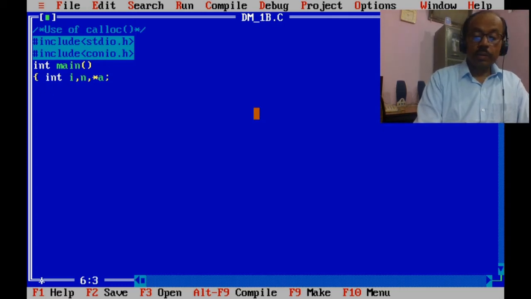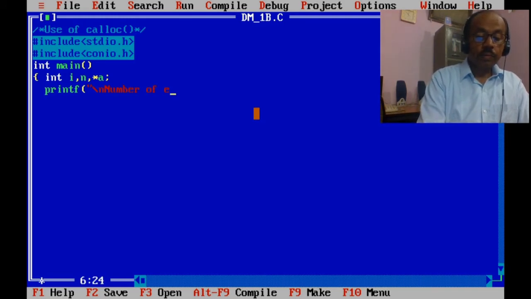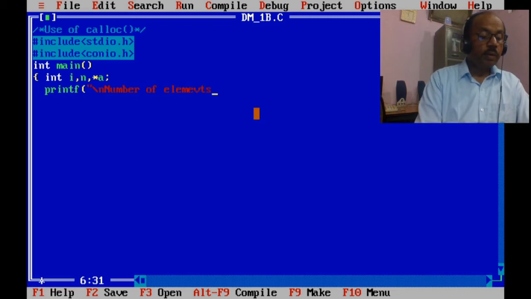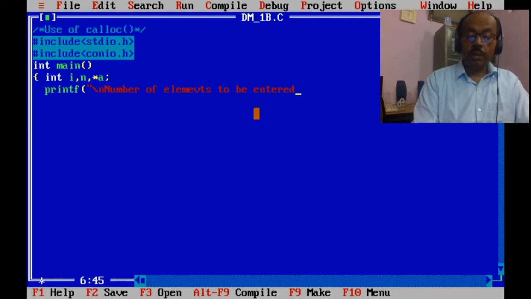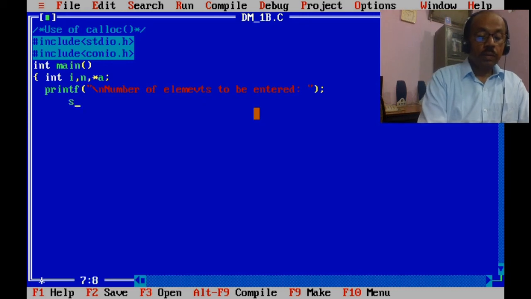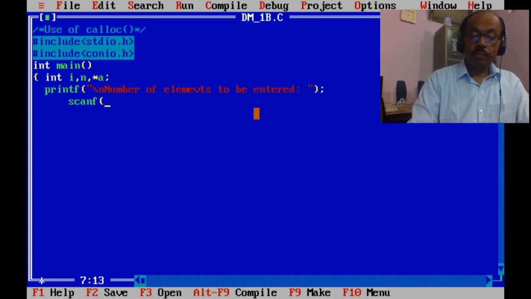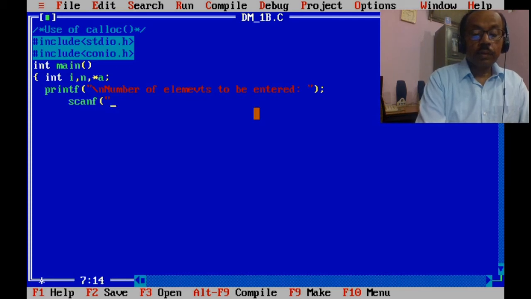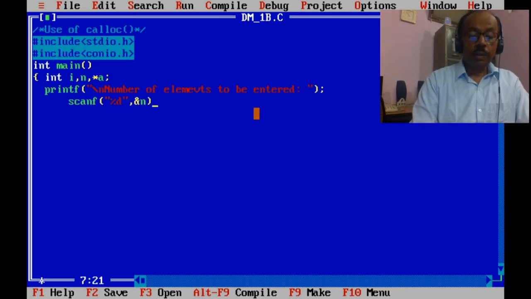Now enter a printf: number of elements to be entered. Scanf %d, &n.